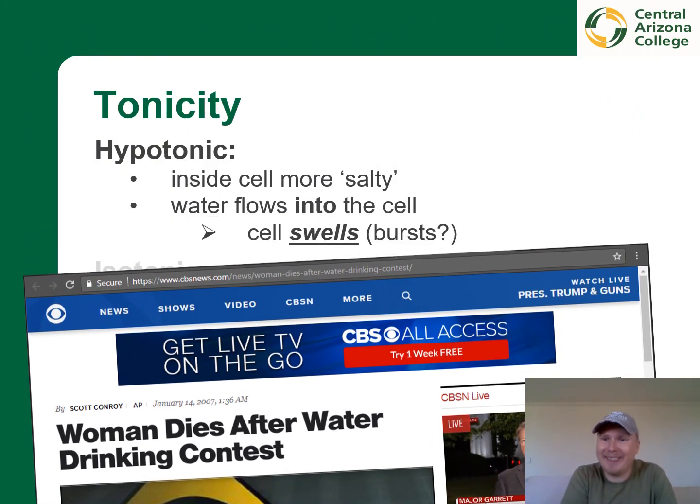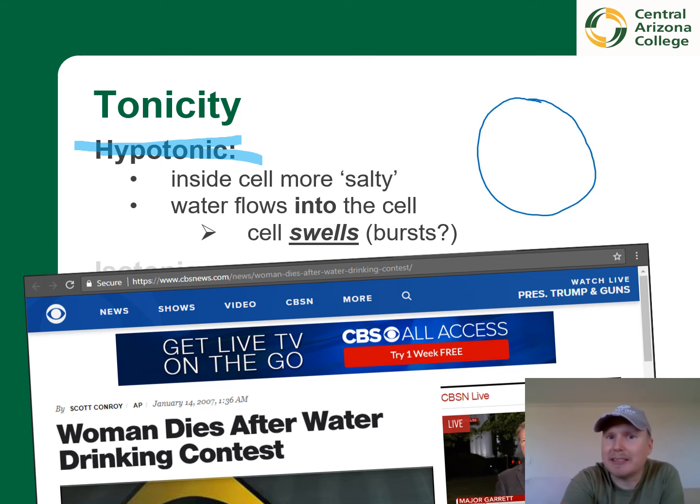And this would be, of course, an example of the cells becoming hypotonic, because there is this extra water around them. And your body will try to balance off this salt difference, with the insides of the cells being relatively a little saltier than the outsides. So because this was just pure drinking water, with nothing added to it to make it more balanced, now fluids will flow into the cells.